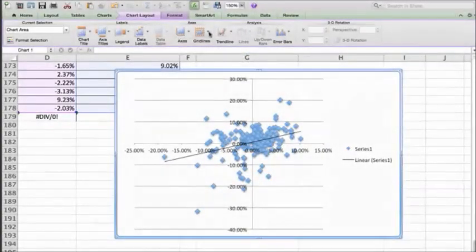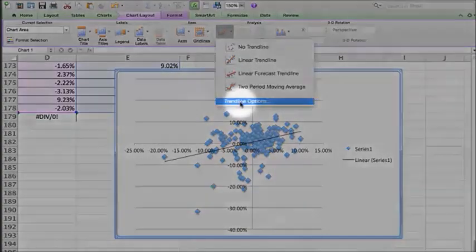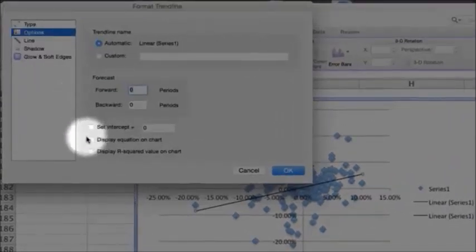Okay. And again, I'm going to go to Trend Line Options, and I am going to go to Options, and I am going to say, yes, display the equation on the chart, and yes, display the R squared value on